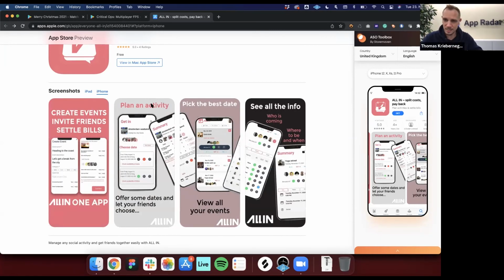So if I really go through all of this, then there is also text on top and also on the bottom. So two places where text is mentioned. I think that's good because, on the one hand, it gives you really good insights about the most important features of the app. And it can also guide users to understand what they're seeing on the screenshots. But I think it is too crowded.